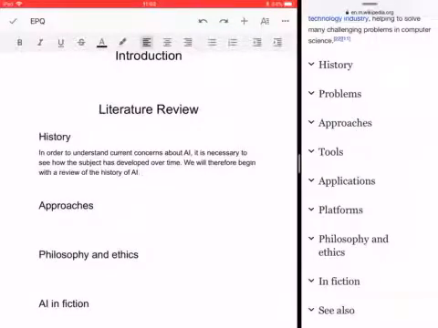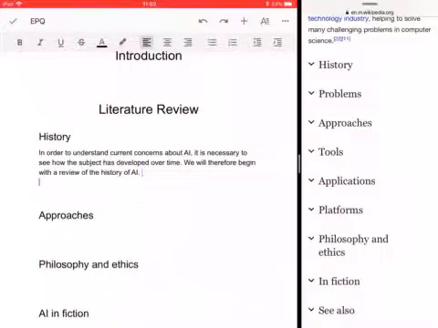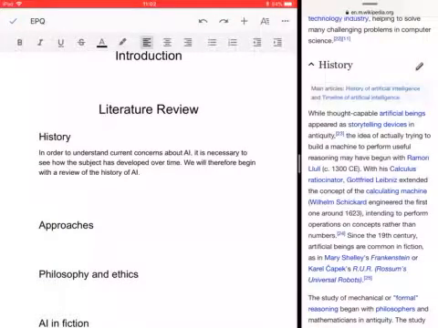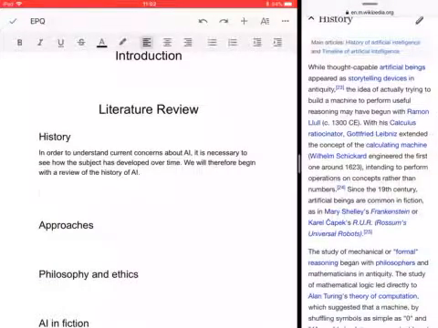So we've got some signposts there. I've introduced my research, my historical section of my research. So now we actually start writing the history. So I'm going to borrow a little bit from Wikipedia just to get me going. Here's my opening paragraph. So I read through my opening paragraph and then I'm going to summarise some of that